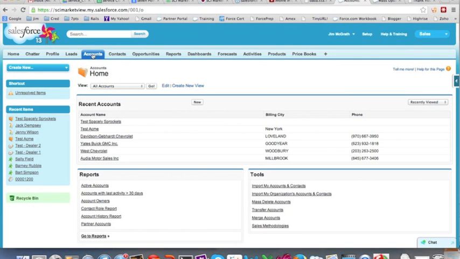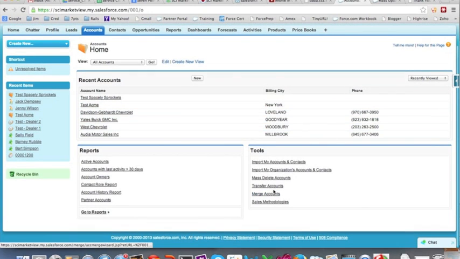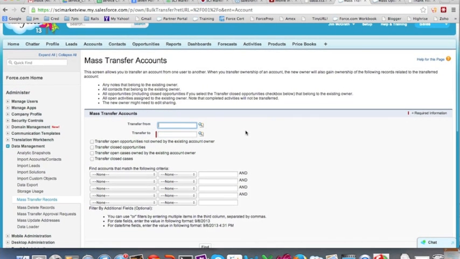Okay, the next scenario I want to show you is transferring accounts. And by transferring accounts, we're also going to transfer contacts and opportunities. So to do that, we just click on the Account tab, and then down here in the Tools section, you're going to see this Transfer Account tool. So just click on that link, and that's going to take us to this Transfer Account